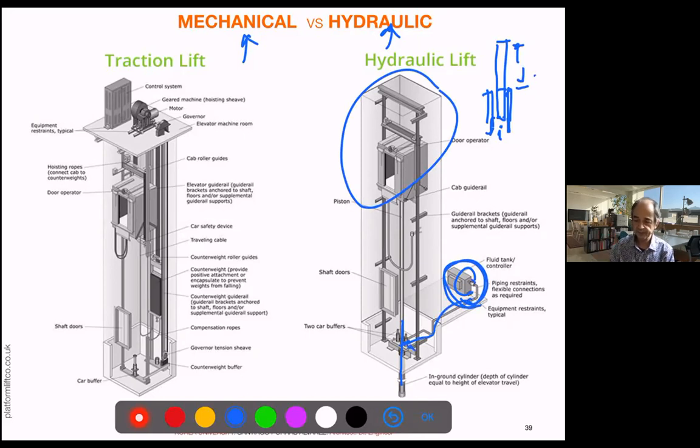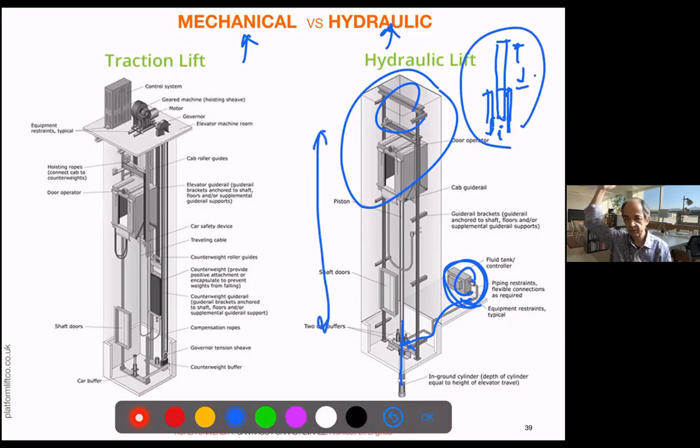Usually it's the lower part when you push, but could be anywhere in the building. So it is very flexible, and you don't need a top machine room, right? They are cheap. It's simple, but they consume a lot of energy. So usually in small buildings, actually they have also a limitation because of the system. The pistons cannot go up forever. They are solid elements, and that's an inconvenience. But they are extremely powerful. So for very large loads, they are excellent and very reliable.